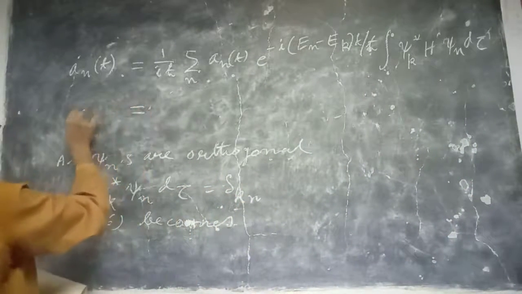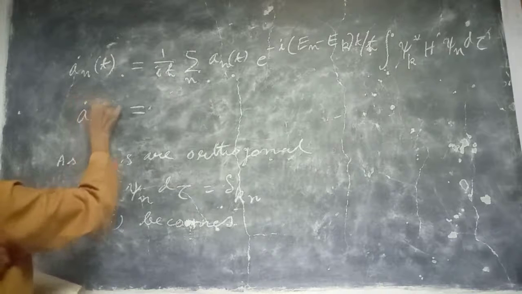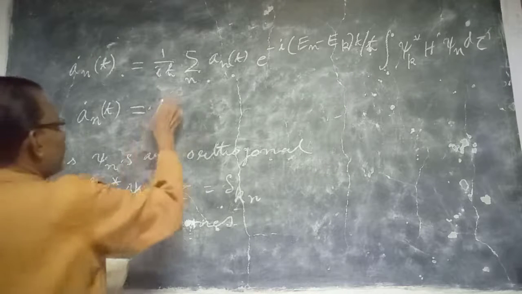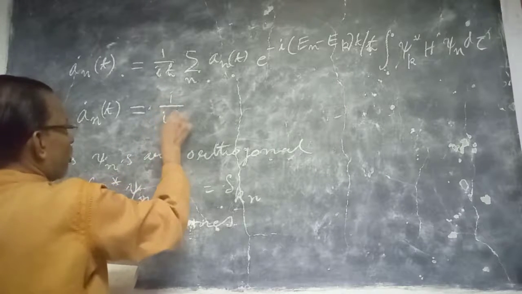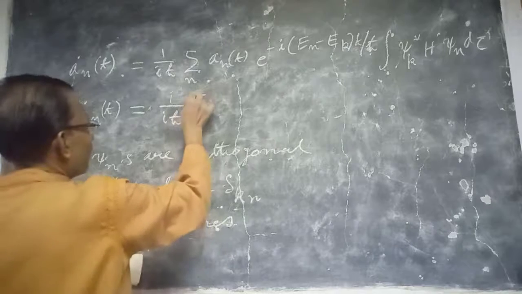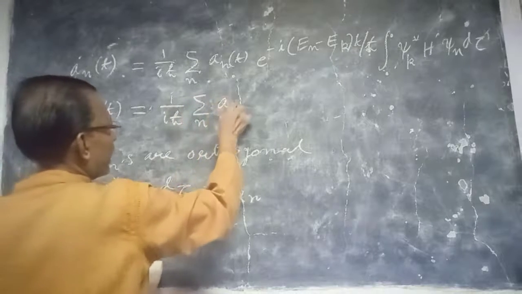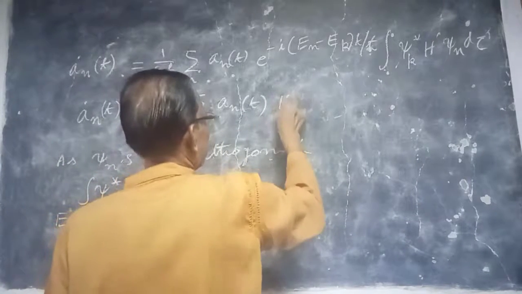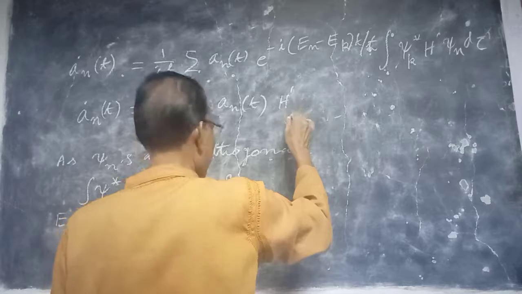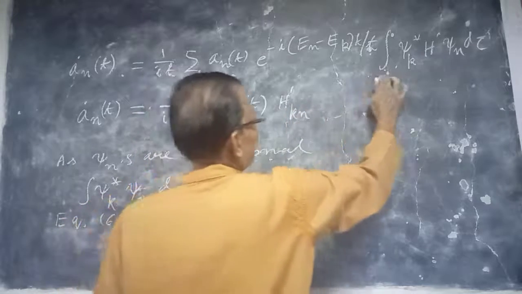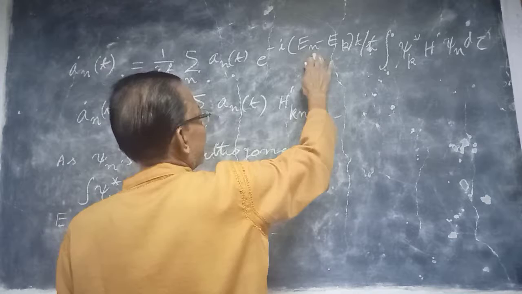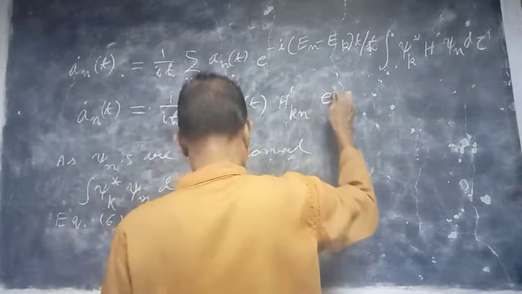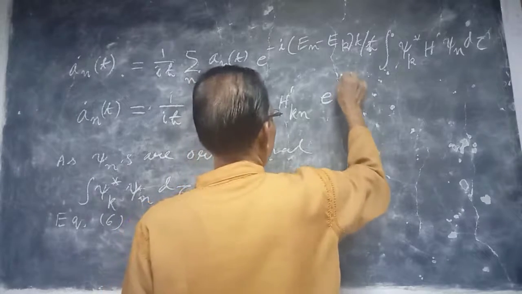So a k dot t is equal to 1 by i h cross sum over n a n t, this is H prime kn, and (E n minus E k) by h cross is the omega nk, so it will be written as e to the power i omega